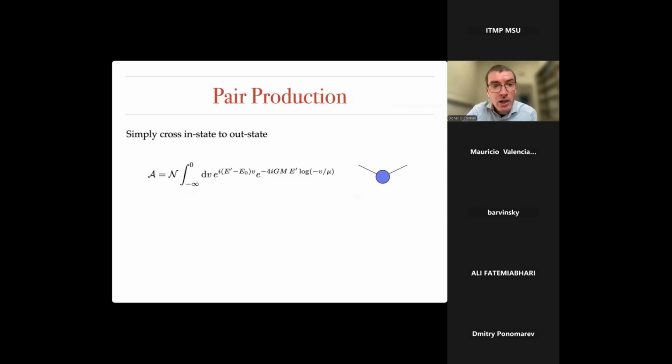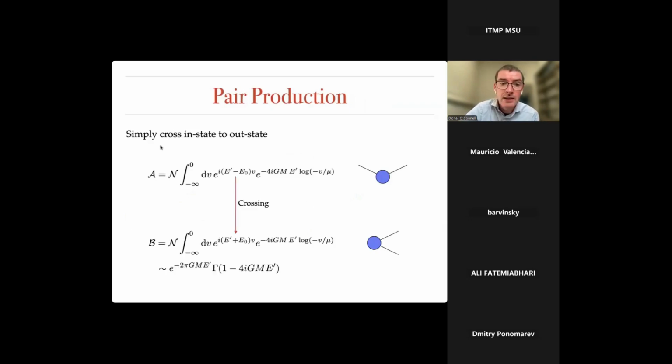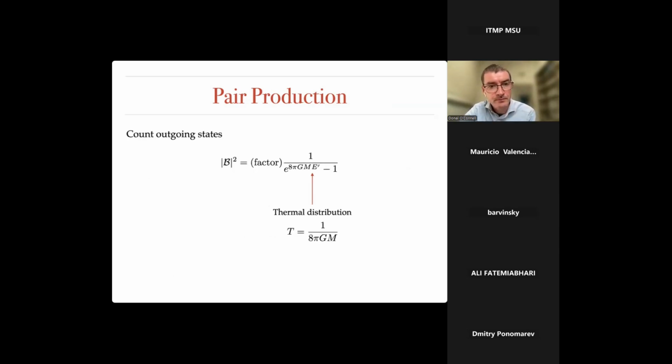Okay, so to get the Bogoliubov B, I performed this crossing. It just corresponds to crossing the energy of the initial particle. So this is the avatar. This P goes to minus B crossing. There's just the energy left. We could do the integral. Now, of course, you could do either integral. It doesn't really matter. The crossing just changes the sign of this exponent factor here. But this is the one relevant for counting the number of particles. The integral, as you can see by eye, is basically a gamma function. This exponential just comes out from the change of variables.